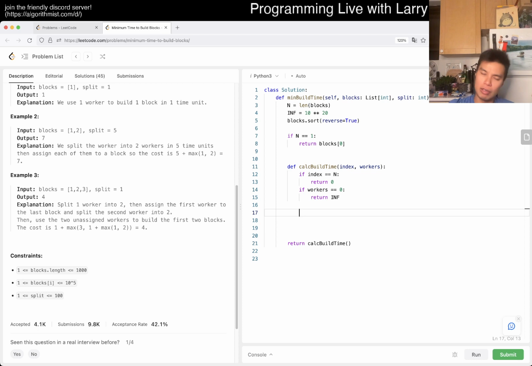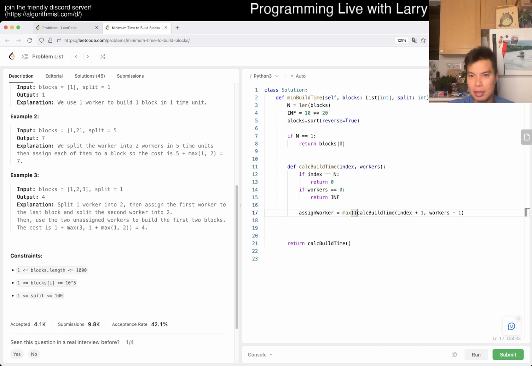Because you always want to, okay, in that way that makes sense. Okay, so now let's say we assign worker. That means we calculate the build time of index plus 1, workers minus 1, and that's the rest of the min time. So we'll have to take the max of this,